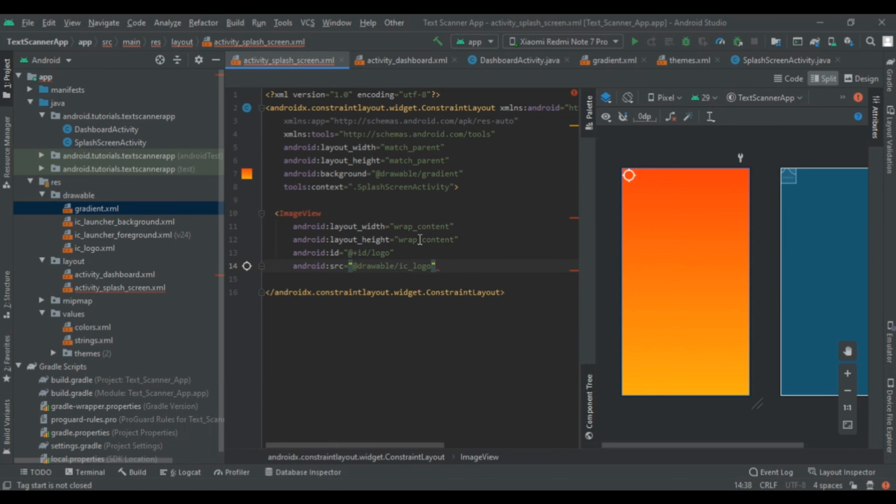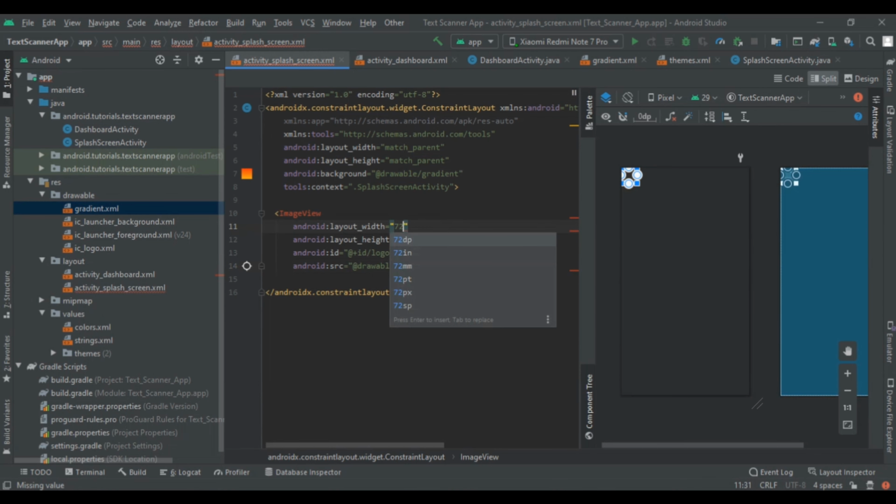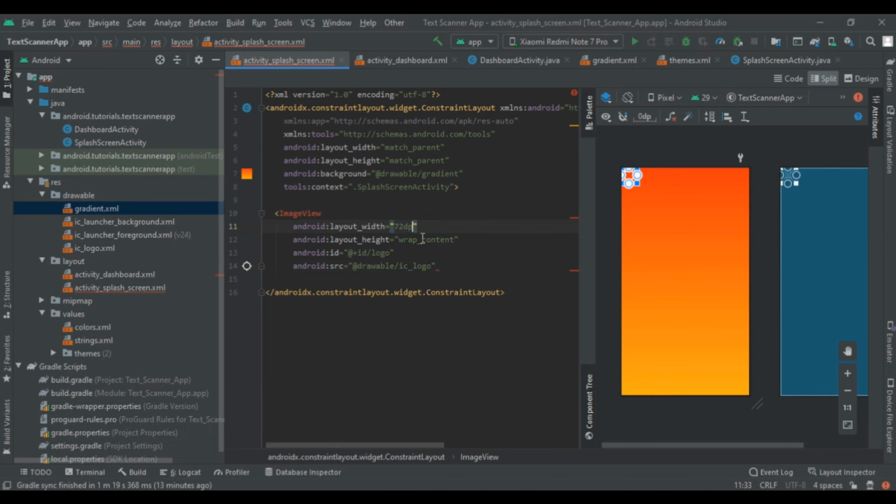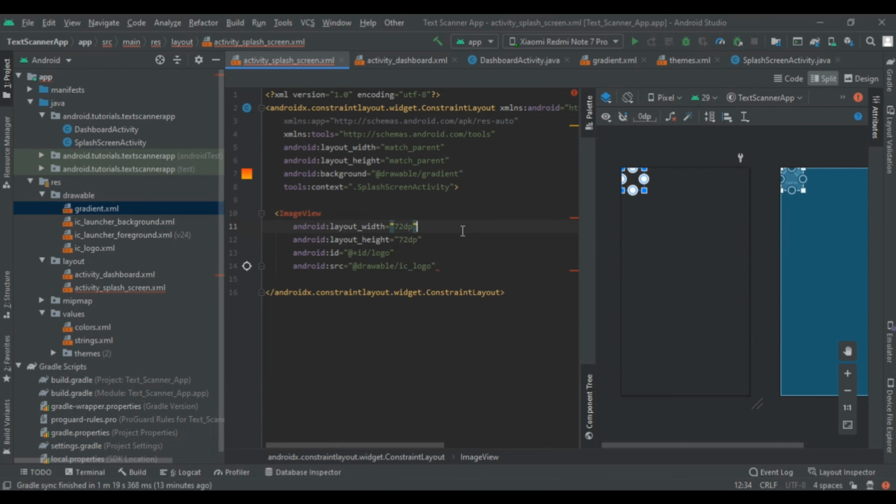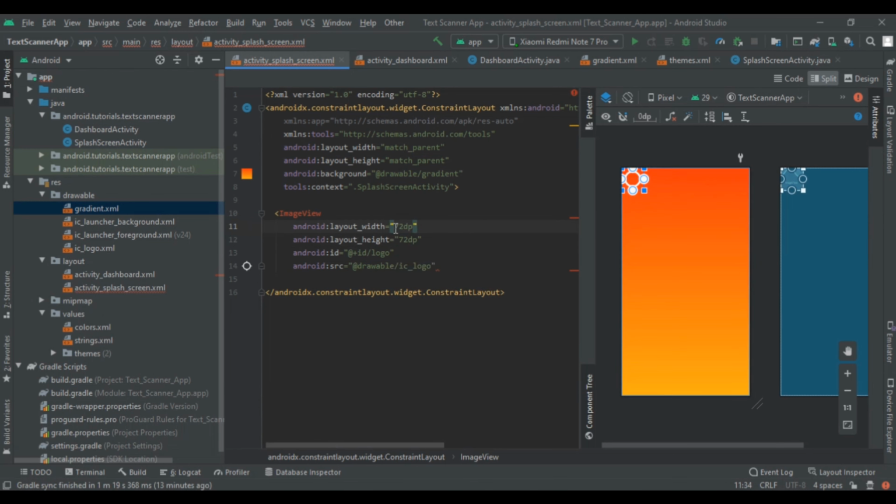Instead of this, we are going to give some height and width. Let's adjust it here. This is the benefit of vector assets.